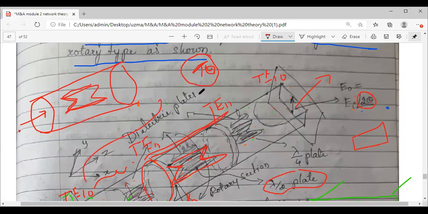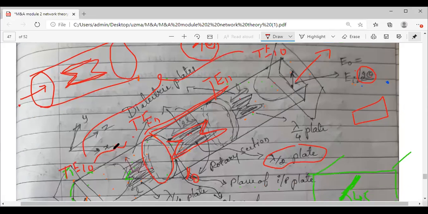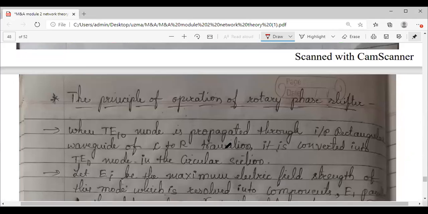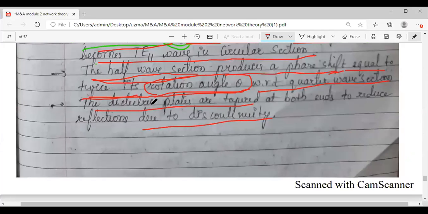So this complete section is not one material. Okay, so there are some joints there. This is one section, this is the second section, this is your third section, all put together. So because of the discontinuities, to reduce whatever reflections are produced, you use these kinds of structures. Its construction will be tapered like this. Okay, so this is about the construction and the components present in the phase shifter, the rotary vane phase shifter, as we call it.